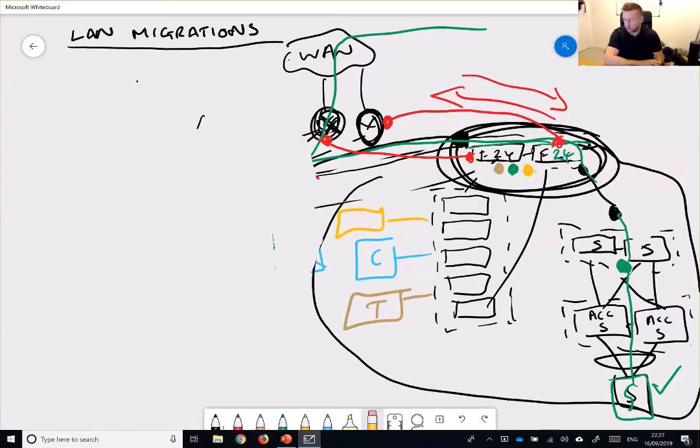But if it was just data and voice, the likelihood is we wouldn't have to have gone through all that stuff. I probably should have said that at the start, but it's really when there's servers and critical services in place that need to be moved from one infrastructure to a new infrastructure, whether it's VM, physical, whatever, in the same location. Even if it's in the same location, it might be in a different building, or they might be moving comms rooms. Yeah. And you will end up splitting it up in that way.